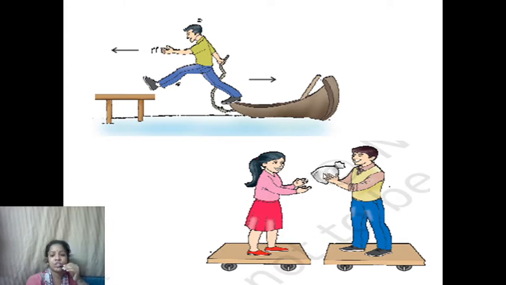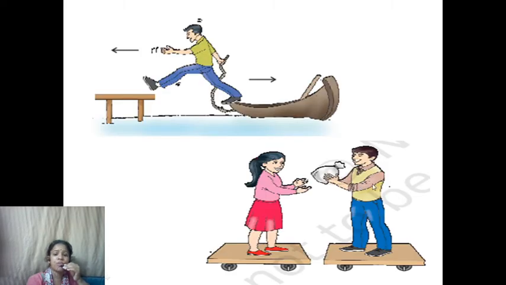So there will be a reaction, the bag will exert a reaction on this boy in the opposite direction, in the backward direction. So the boy will move backward because of the reaction. Now when we consider this girl, this bag was not a part of her system. She was alone, and this bag is coming from outside, so the bag is exerting an external force on her, so she will move backward.